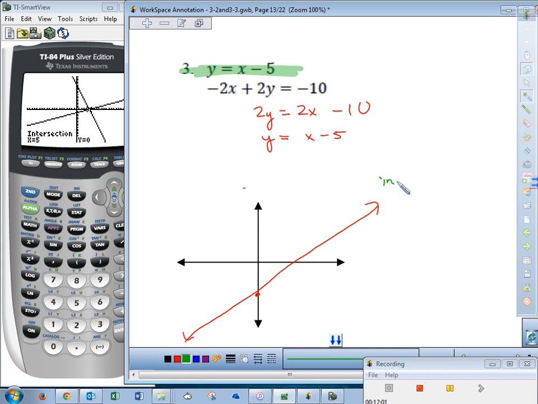Answer, infinite solutions. Right? It's the same line both times. In the form,